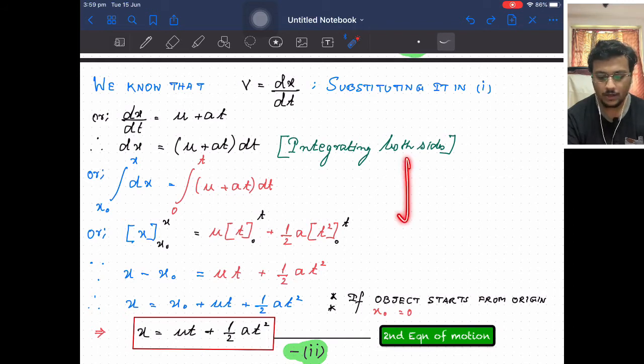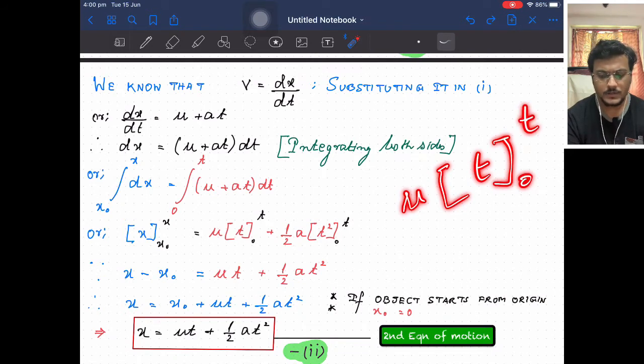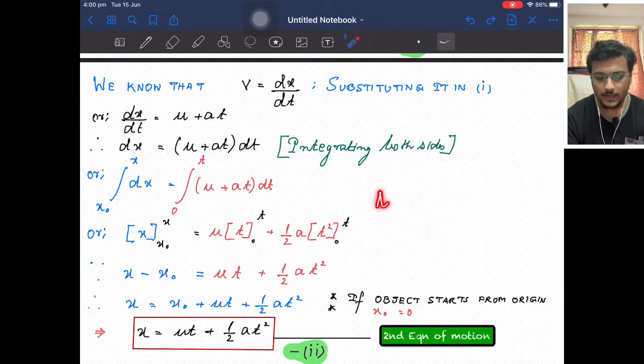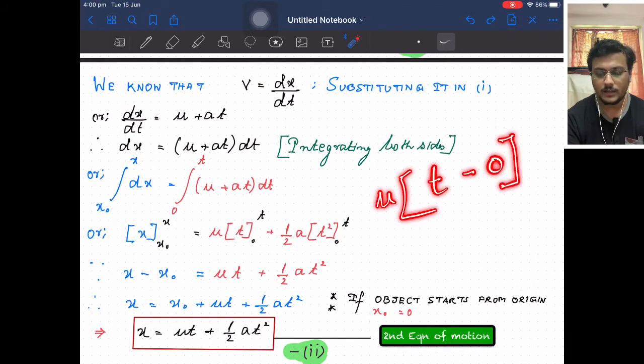We have integration of u into dt. Now u is a constant here, so we can write u into dt. Then after doing that, we will have u as a function of time into t. So what are we going to put the value of? Inside the bracket we have time t, and obviously we are going to put the value of time t between the interval 0 and t. By doing so, we can write this equals upper limit value t minus lower limit value 0. So we have ut minus u into 0.